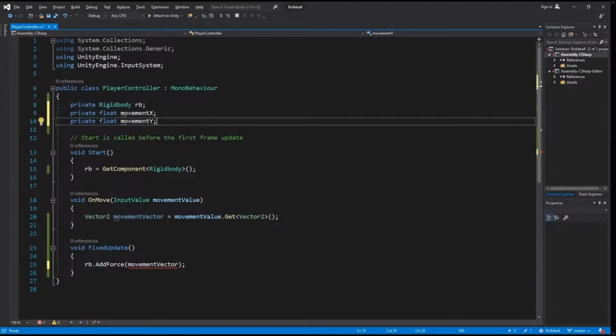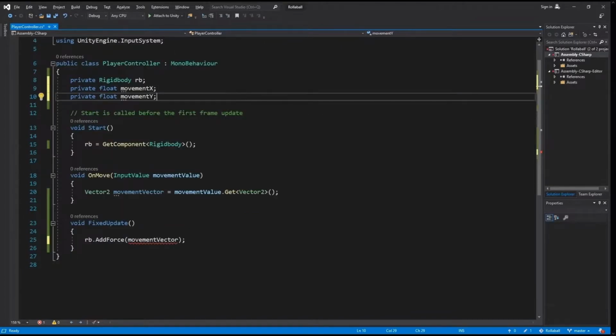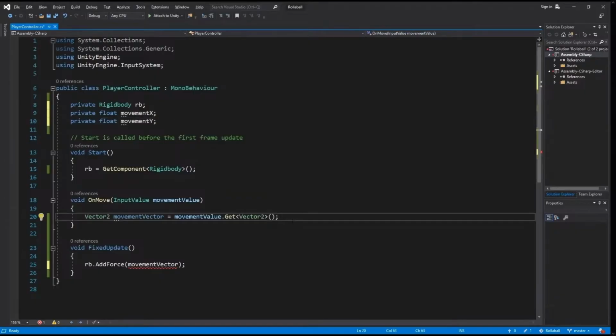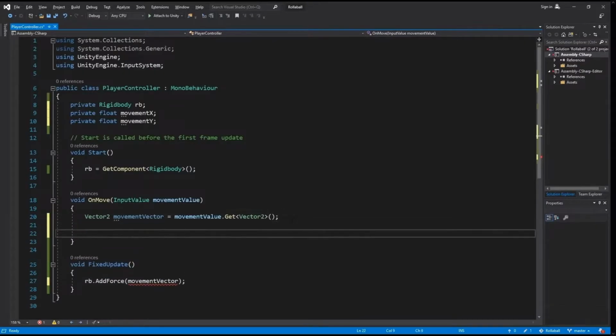You can then reference these values inside of OnMove and assign these values of movementVector's x and y. In OnMove, add the following 2 lines of code. movementX = movementVector.x;